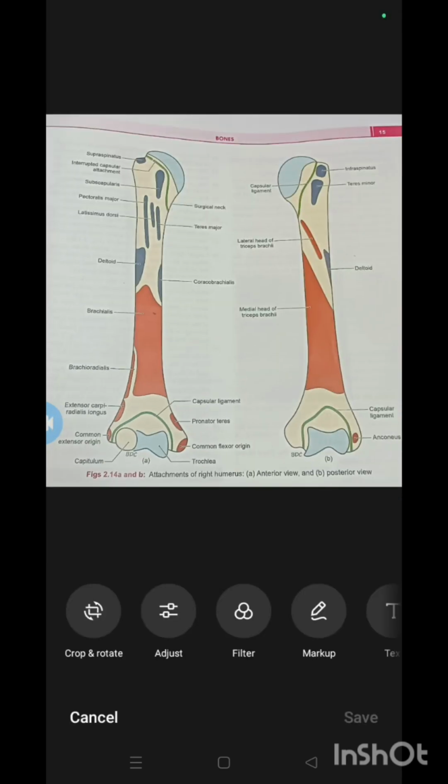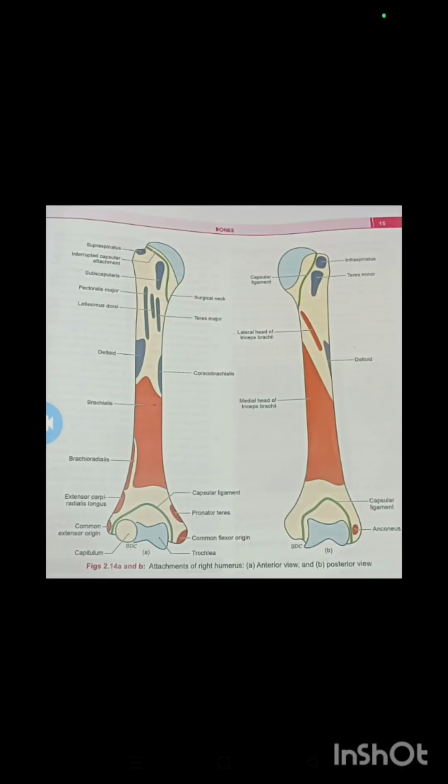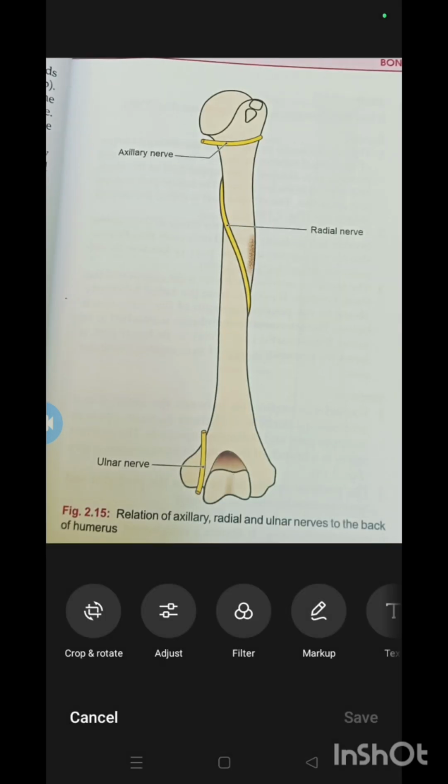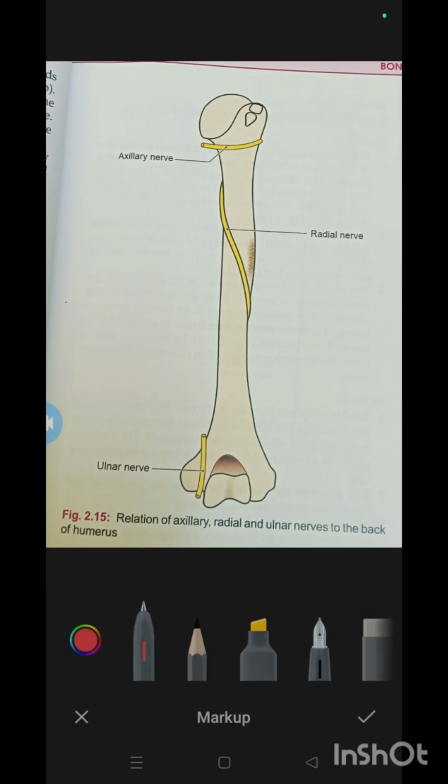Here is the main topic, that is, the nerves related to the humerus. Nerves nearer to the humerus are more liable to injury, which means more prone to injury. These are the three nerves related to the humerus: axillary nerve, radial nerve and ulnar nerve. The axillary nerve is at the surgical neck, and the radial nerve at